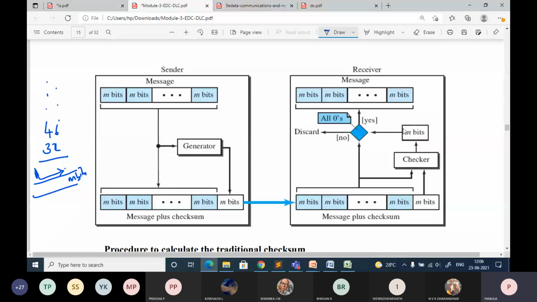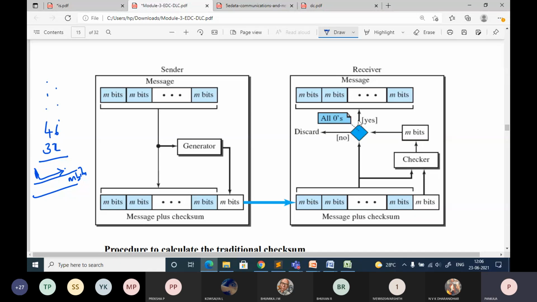Now, once the m bits are produced, you need to check a condition. Whatever m bits are generated by the checker, are they all 0? If they are all 0, the condition is true, which means there is no error in the received data, so extract only the message part and deliver it to the receiver.